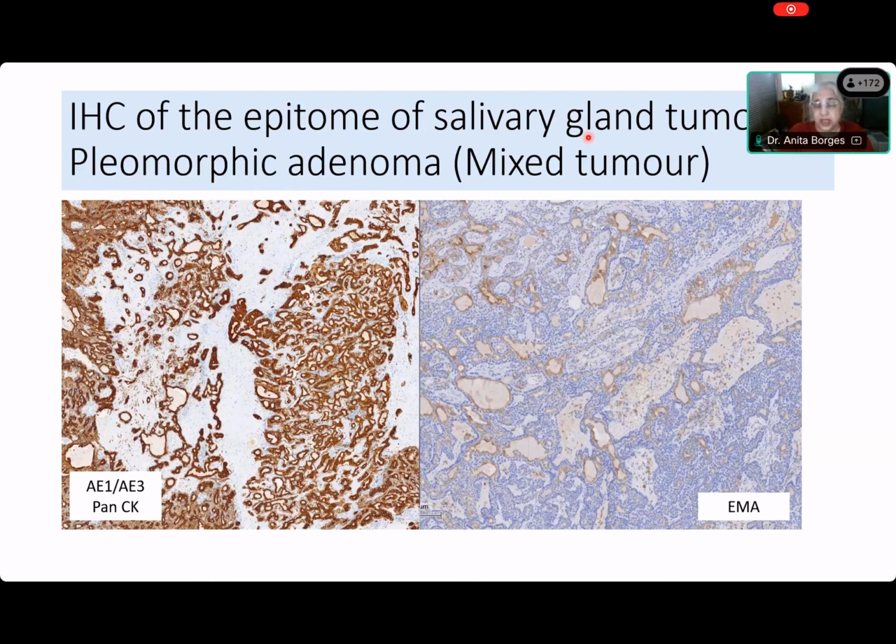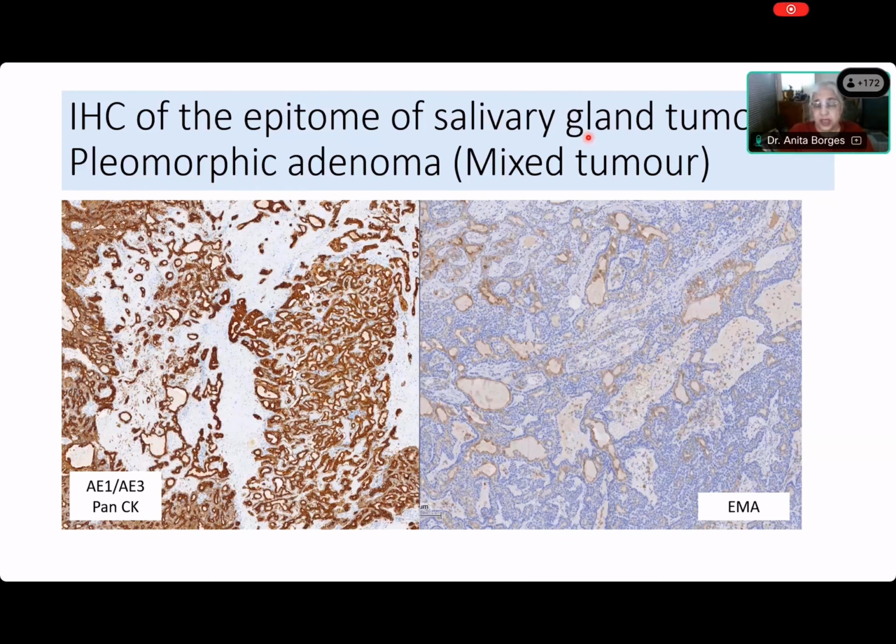and myoepithelial cells. The myoepithelial cells are making this chondromyxoid matrix. They are basal or basaloid in nature. They are not basal cells, they are basaloid. What is the meaning of the word basaloid, please, Madhu? Isn't it cells like in basal cell carcinoma? I don't want to know about basal cell carcinoma. I'm talking about salivary gland. What is the meaning of the word basaloid?